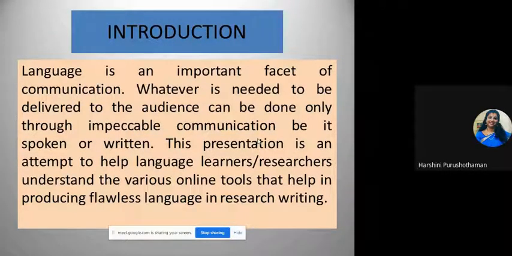You will definitely agree with me that when we need to deliver something to the audience, we need to have impeccable communication, either spoken or written. So this presentation is an attempt to help language learners and researchers understand the various online tools that help in producing flawless language in research writing.